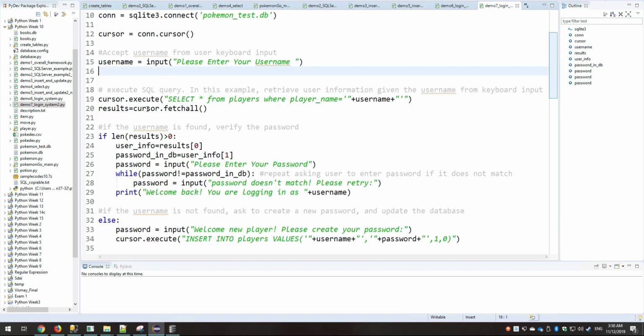Next, the cursor will execute SELECT * FROM players WHERE player_name equals the username variable. So we are retrieving the user information given this username variable coming from the keyboard input. And results equals cursor.fetchall, so all the returned rows will be stored in the variable called results.